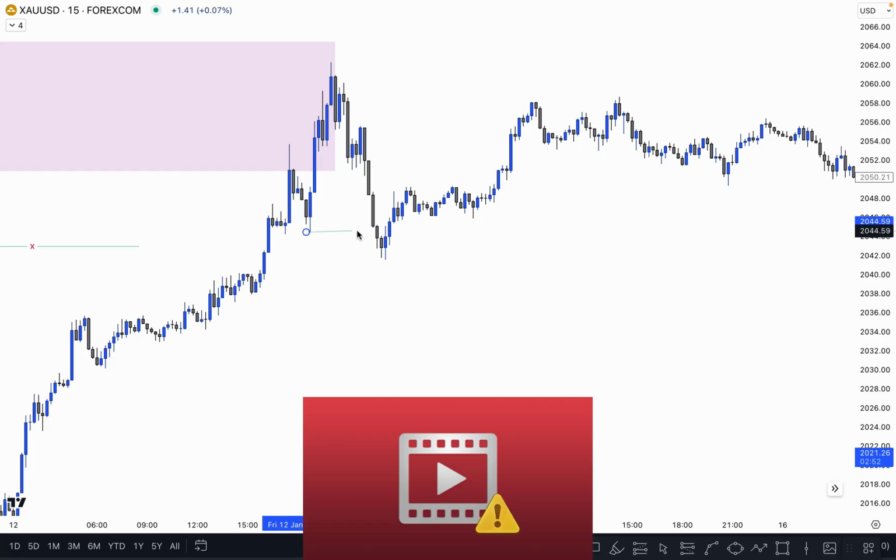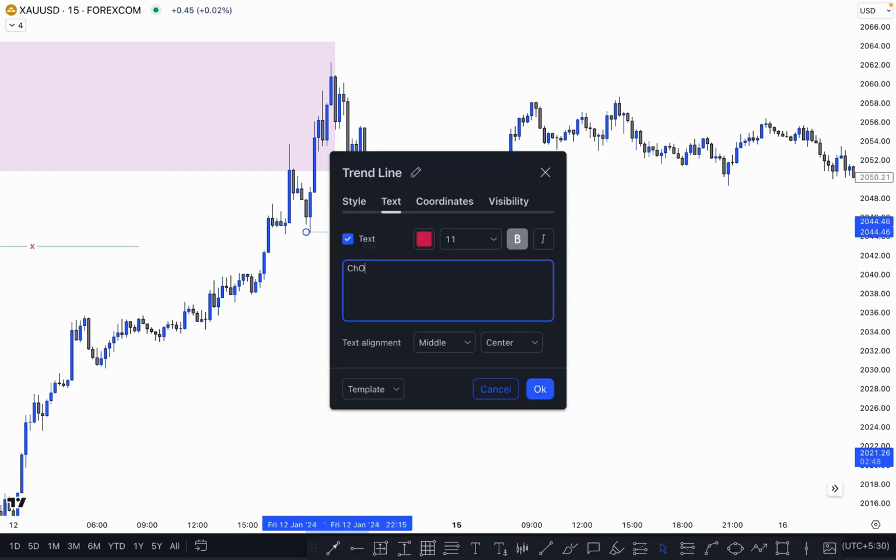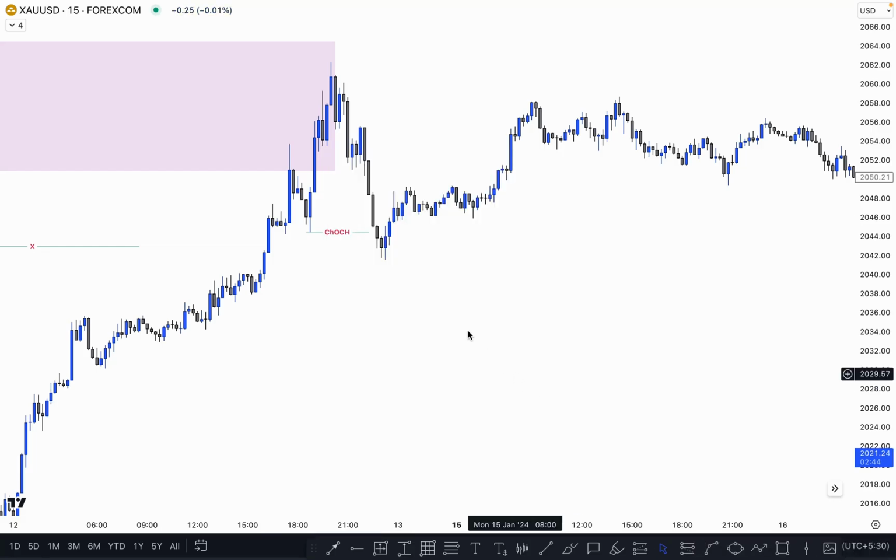So the first pullback is broken here, and this one is called CHoCH, and once the market creates CHoCH, definitely we are looking for a sell after taking out the inducement. So the same thing happens here, price creates CHoCH, and now you have to wait for it to take out the inducement. So the inducement is here. In this scenario, the market creates CHoCH, and after CHoCH you have to wait for it to take out the inducement,